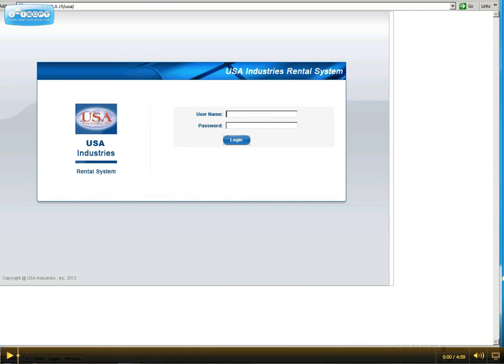This is an overview of the USA Rental software written in PHP and MySQL. In order to enter the system, you